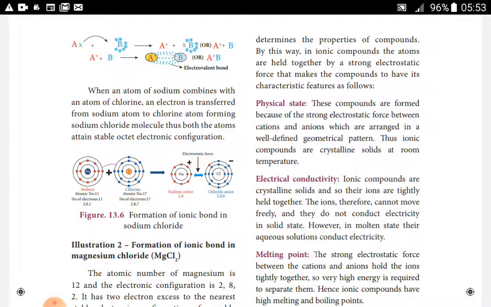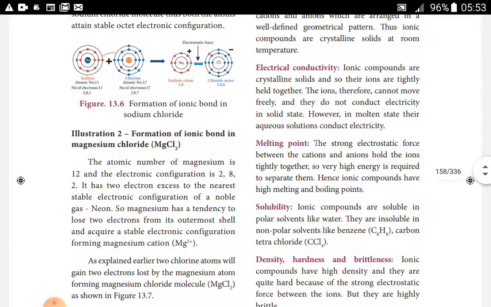So there is an attractive force, called electrostatic force. Because of the electrostatic force of attraction, the sodium and the chlorine combine to form a stable sodium chloride molecule. Sodium chloride molecule. And also see, the next illustration, formation of ionic bond in magnesium chloride,